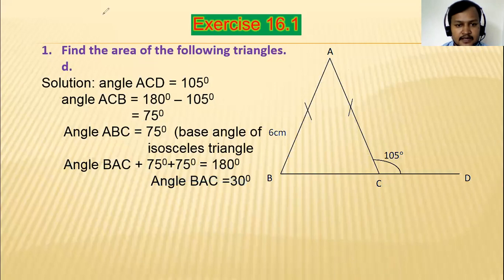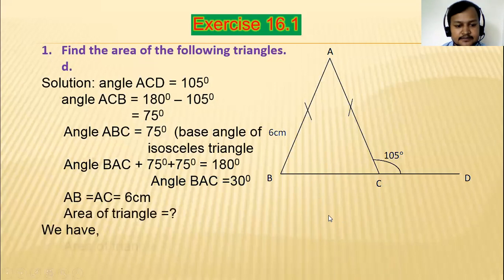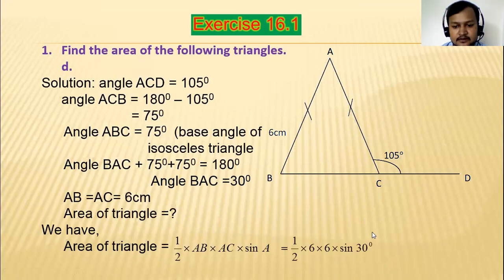So by use of that formula, we can calculate the area of triangle ABC. Area of triangle is equal to 1/2 AB into AC sine angle A. And after putting all given values, 1/2, 6 into 6 into sine 30. This is 30. These two sides are 6 centimeter and 6 centimeter. Just simplify it. 6 6 is 36 divided by 2, 18. 18 into 1/2, it is equal to 9 centimeter square, and which is the required answer.